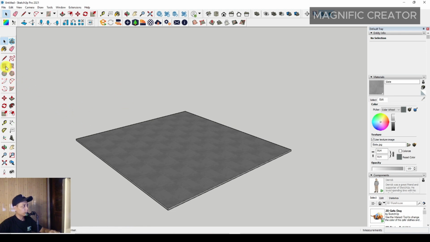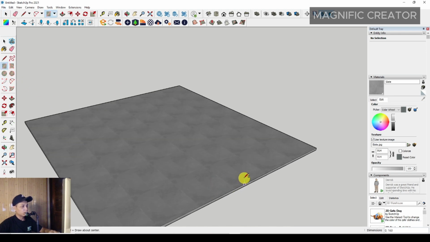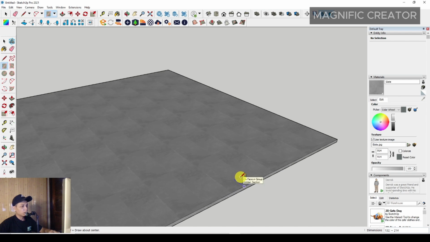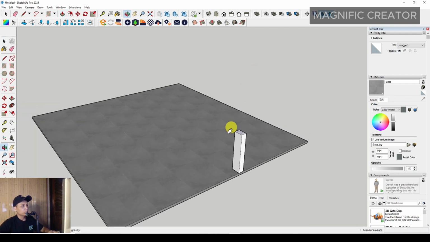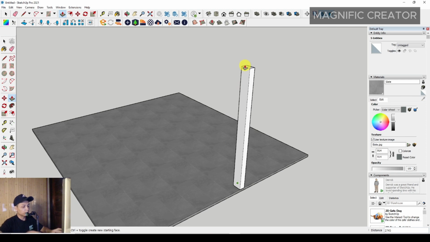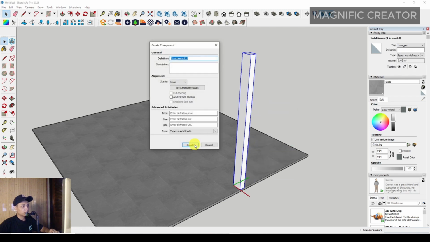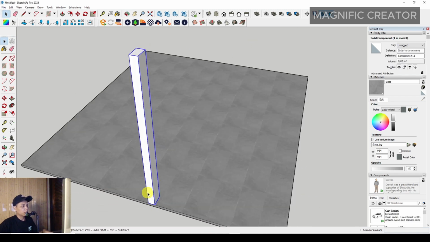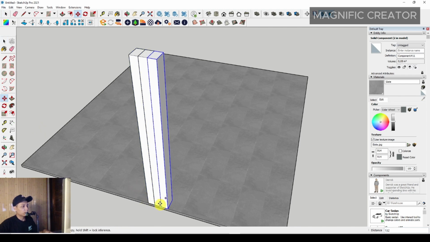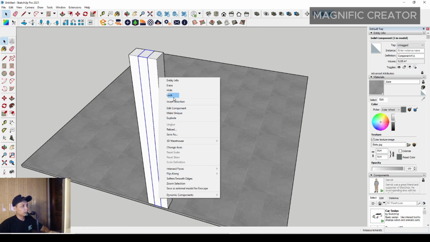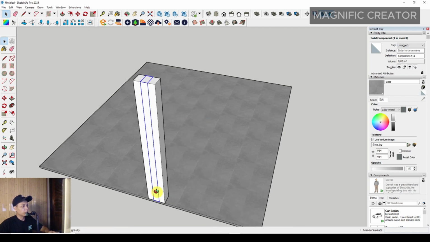Okay, first of all we have to make a structural column with a rectangle. You can set it to any size or adjust it to a standard structural size. You can set the height to around 3000 millimeter anyway. Then you can make it a component as usual. Then you can create it, move it to the right side, and erase or modify some